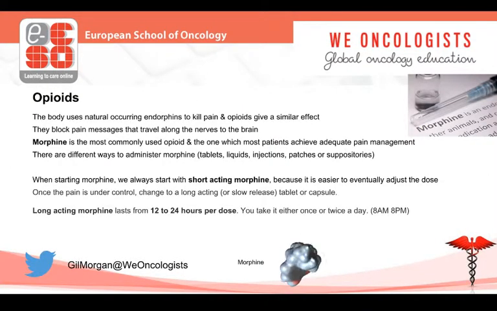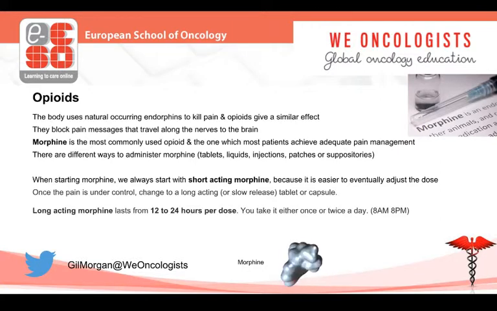The body uses naturally occurring endorphins to kill pain, and opioids give us a similar effect. They block the messages of pain that travel along from the nerves to the brain. Morphine is the most commonly used opioid and the one where patients have a tendency to achieve the most adequate pain management. There are different ways to administer morphine, such as tablets, liquids, injections,